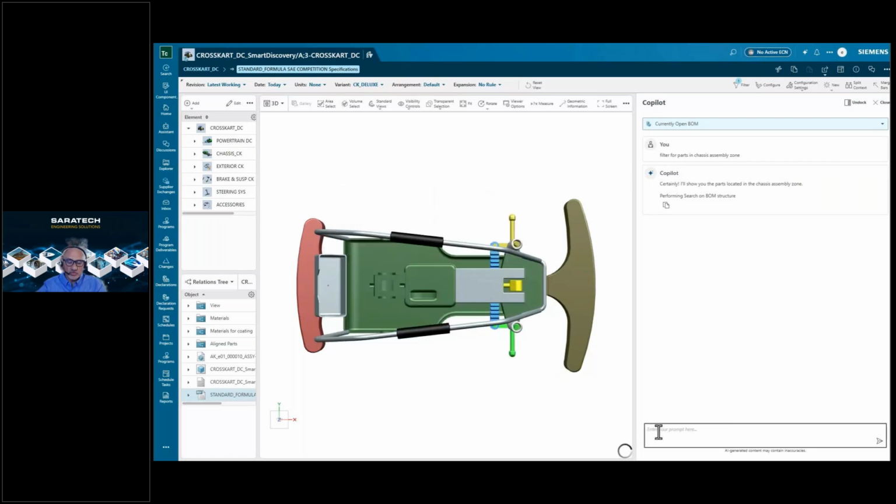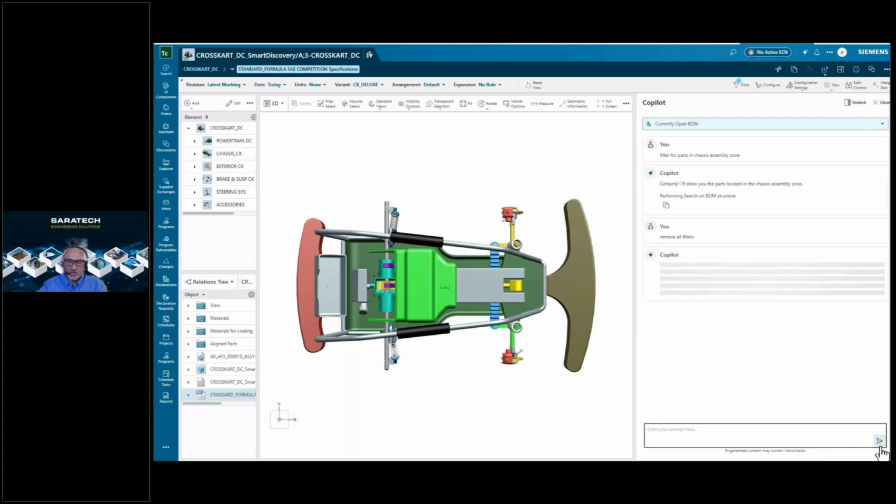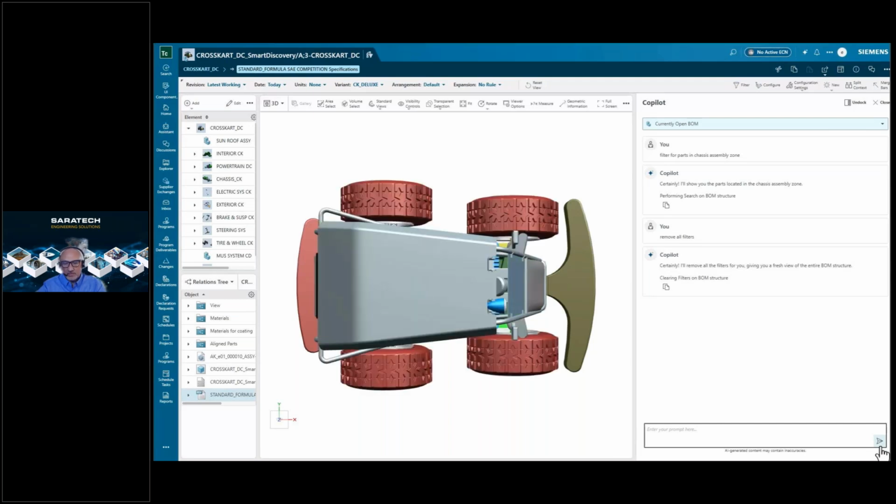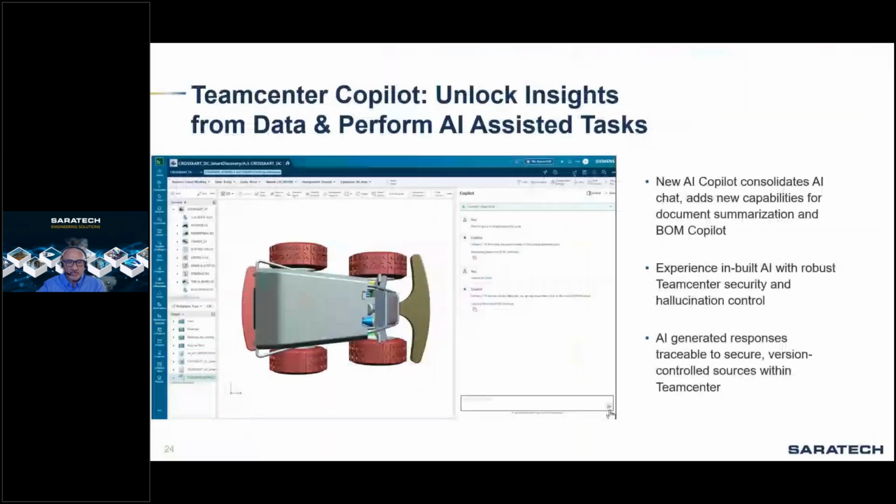That's the capability and power that Siemens was able to bring in, with a lot of those AI engines working with Microsoft, OpenAI, and Amazon in different product lines. In this case, notice the Copilot responds to instructions and applies the correct filter.